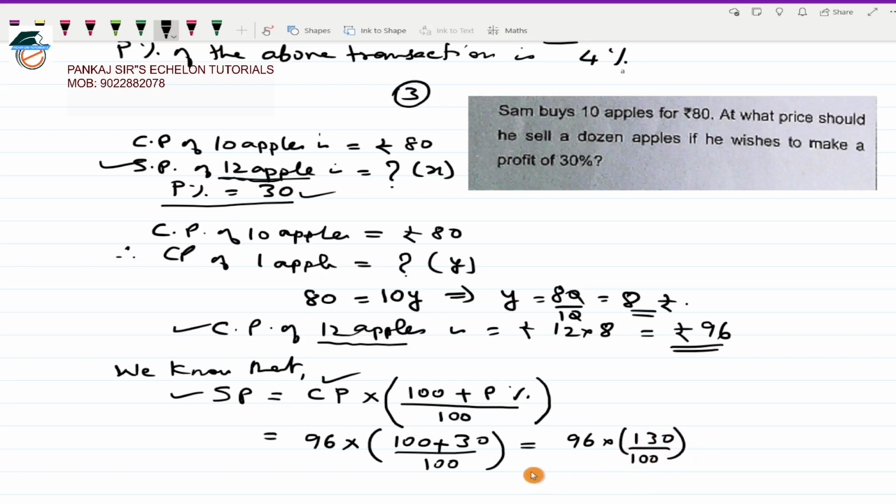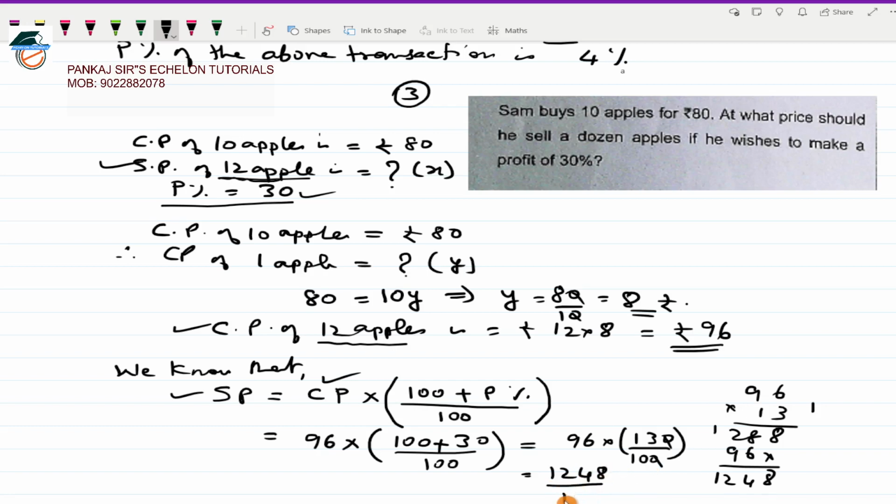Okay. Now if you calculate this, the 0 will cancel. Now just do 13 into 96 first. Let me do that. 96 multiplied by 13: 6 threes are 18, 1 carried, 9 threes are 27 plus 1 is 28, then 6 ones are 6 and 9 ones are 9. Okay. When I add this, this is 8. 8 plus 6 is 14, 1 carried, 9 plus 1 is 10, 11, 12. So I get 1248